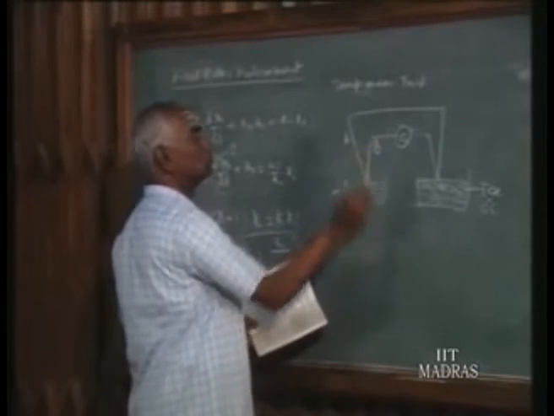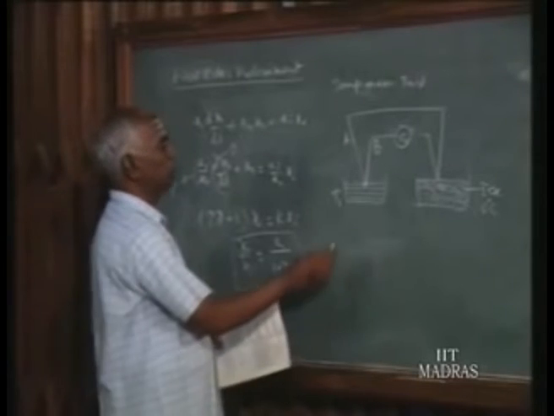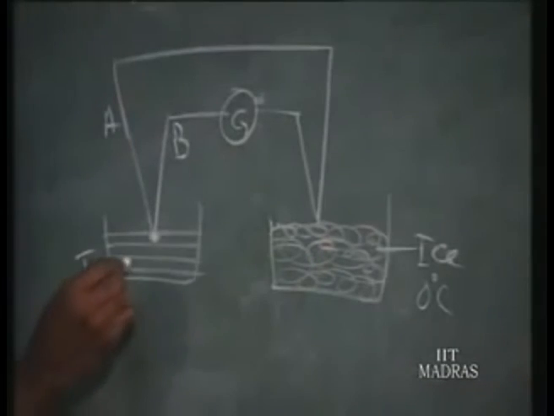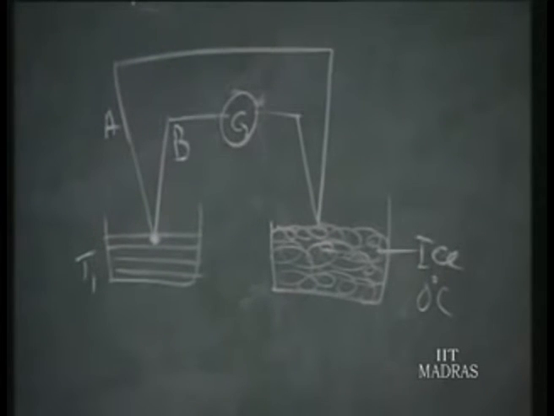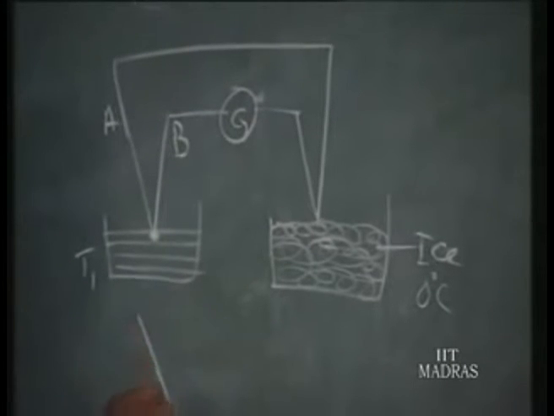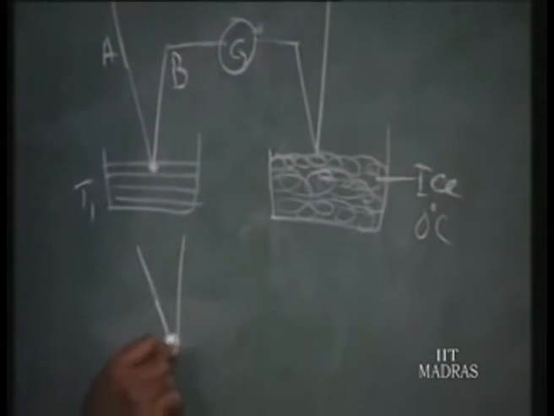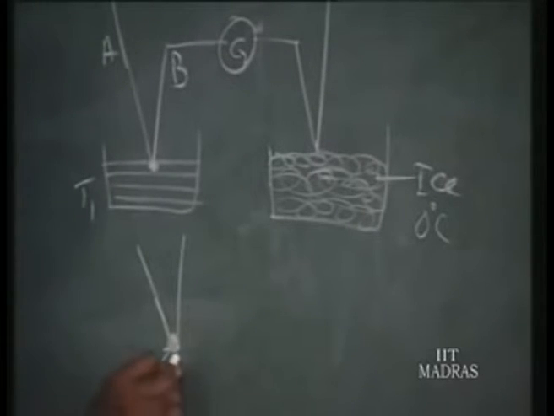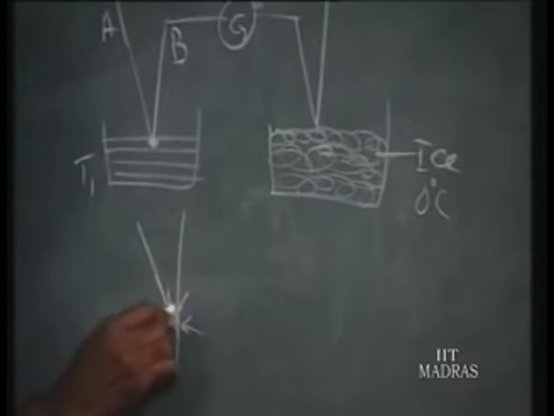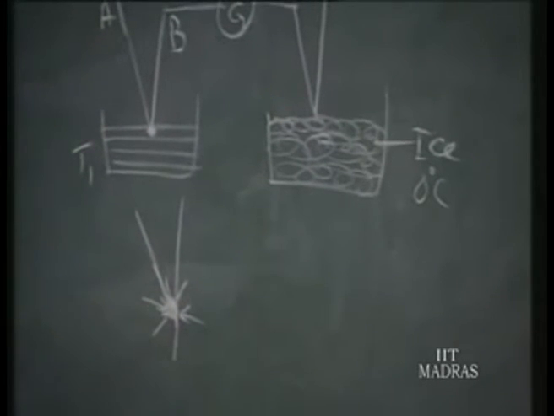Now, this is the thermocouple. Consider the heat transfer from the bath to the thermocouple junction. I will draw the thermocouple junction alone separately. Suppose this is the thermocouple junction. The heat entering through the surface area of the thermocouple junction is equal to the heat gained by the mass of the thermocouple junction. That is the principle we use here to equate: the heat entering through the surface area is stored by the thermocouple junction itself.